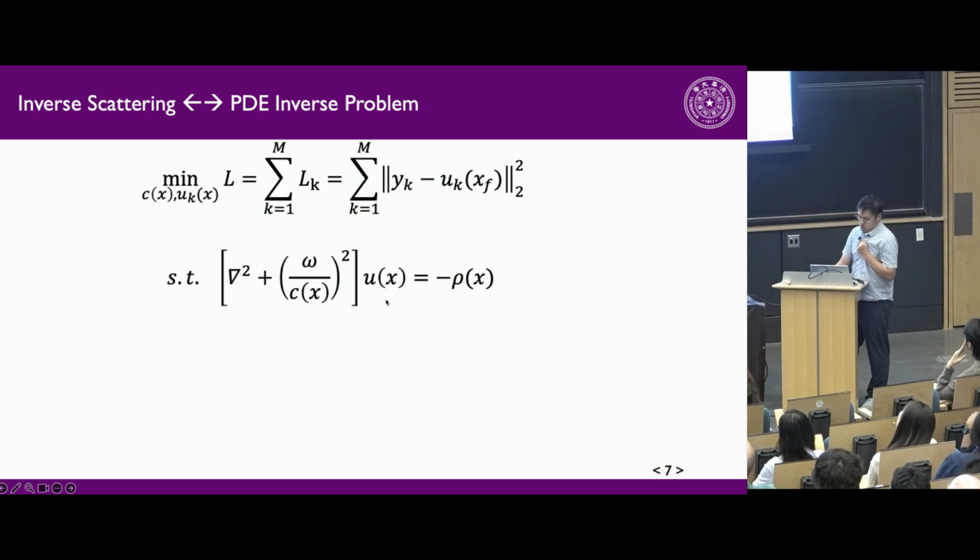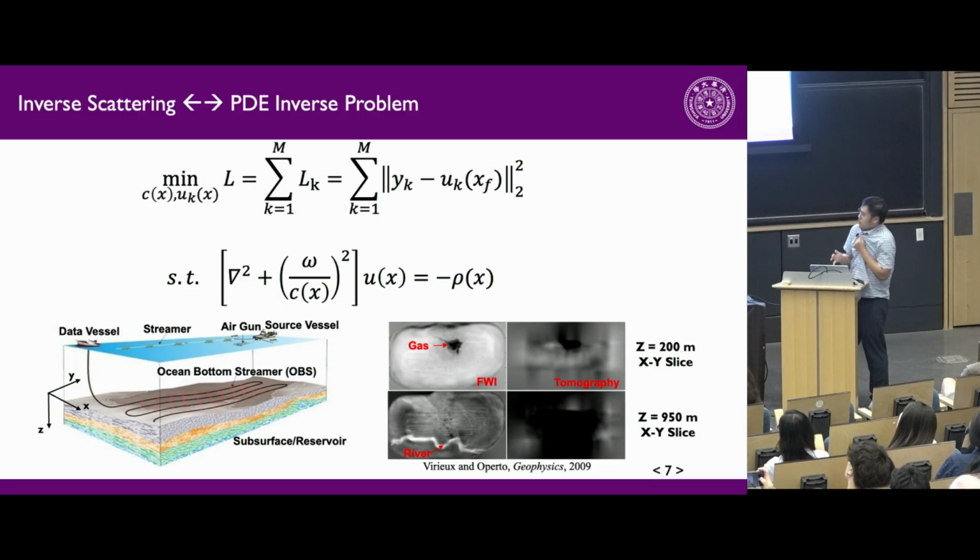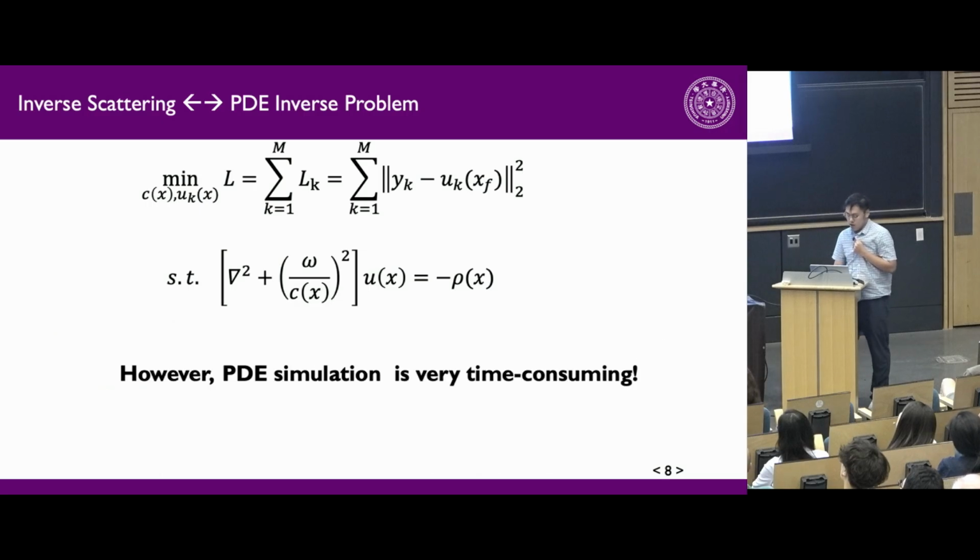In fact, in geophysics, full waveform inversion, FWI, is the gold standard. They use ships to carry air guns to emit waves, and they detect the reflected signals. FWI allows them to map deep structures like gas pockets and rivers, which are totally invisible if you use ray-based assumptions. However, there is a catch. Solving the partial differential equation is extremely time-consuming, and in clinical diagnosis, we cannot afford to wait days.